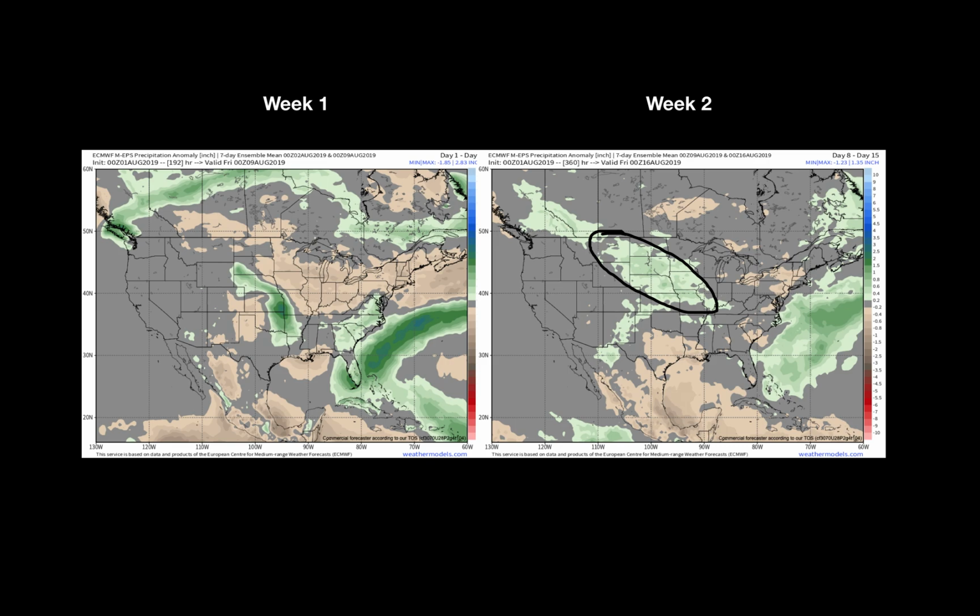the ensembles take on a more optimistic look across a big chunk of the Corn Belt, from the Dakotas into parts of the central Corn Belt, parts of Iowa and Missouri, keeping closer to average across the eastern Corn Belt, but I would lean drier here. I'm not so convinced from parts of Iowa into Illinois, Indiana, and Ohio of those week 2 rains here. I know that we're going to have some scattered precipitation as we head into the early part of next week, but as we look at the 7 to 10 day forecast overall, it holds on to a drier look,